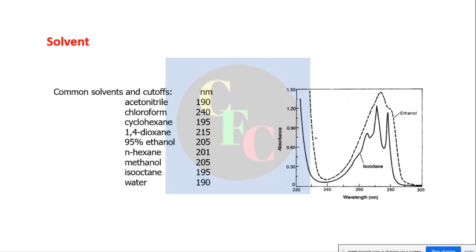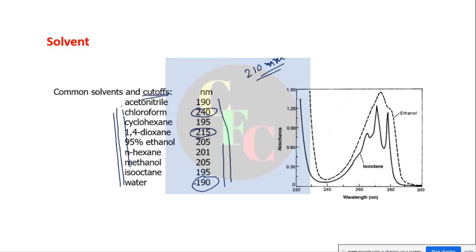Now there are two aspects of choosing a solvent. Again, like the cell material, what is the cutoff? Cutoff means the wavelength below which the solvent itself absorbs. See, there is a list of common solvents here, organic and water also, right? Now suppose my compound absorbs and I can expect absorption around 210 nanometer, right? Then which will be a good solvent? Of course, chloroform or this one, dioxane, they will not be a good solvent, right?